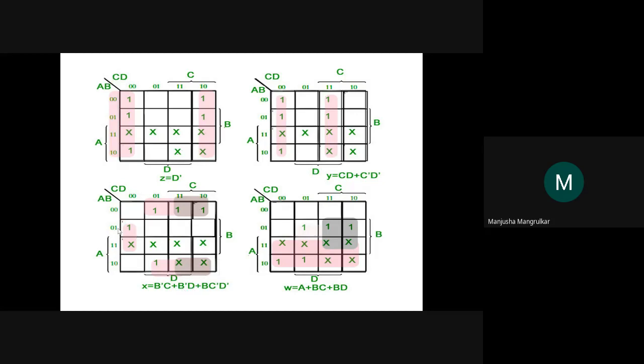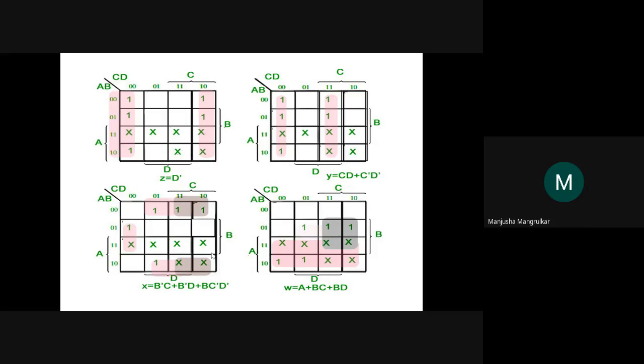Now this bit, if it would have a don't care here, we could combine these two, this 8, but it is not there. It is not here also. So we'll have to combine these two bits, that is 1 0. Now, if you are taking these two bits, A is changed for both, but B is constant. So B, C complement and D complement will be there, right? So you understood this. This is our X, right?